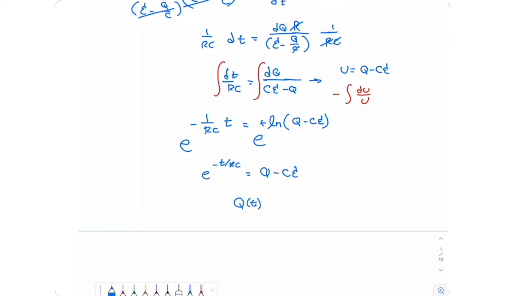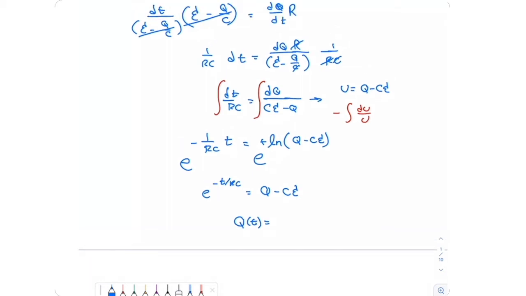This is the charge as a function of time equals, whoops, I was a little careless. I did my integral, but I did it as an indefinite integral. I want to integrate from charge 0 to some final charge q of t, and from time 0 to time t. And when I do that,